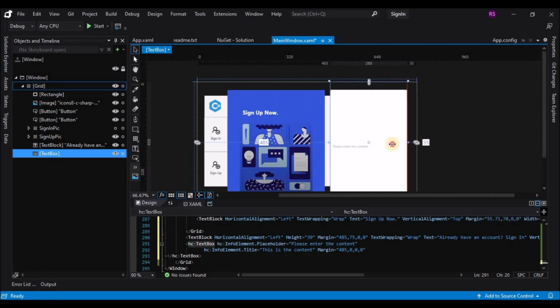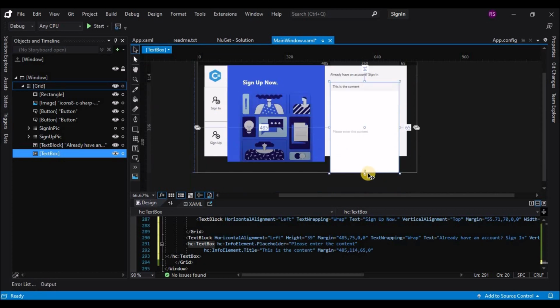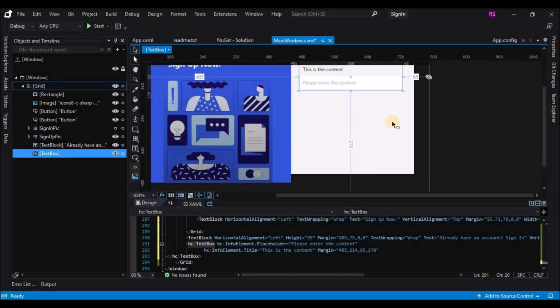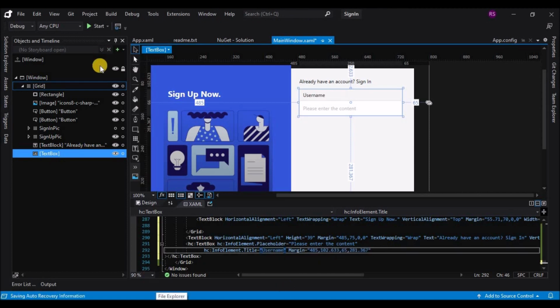So this text box has the placeholder text, also it has a title on top. So let's resize it, change the placeholder content and the title. So let's start by changing the title to say username and the placeholder text to my username.